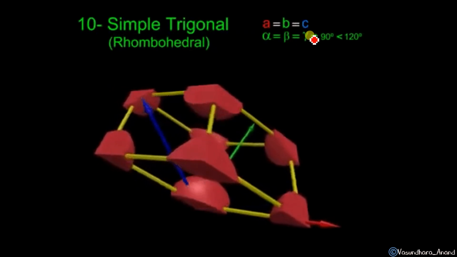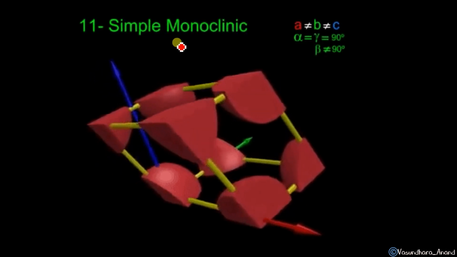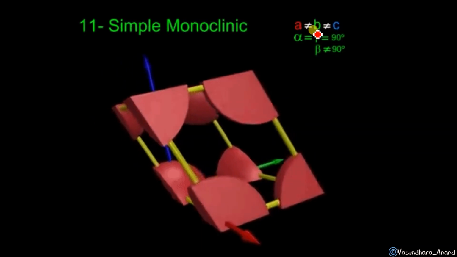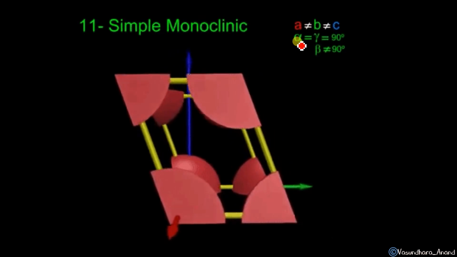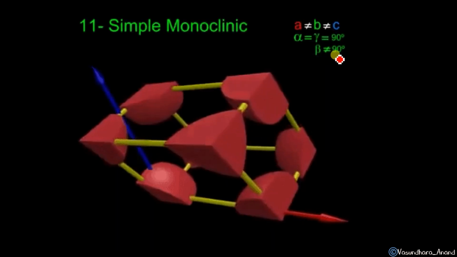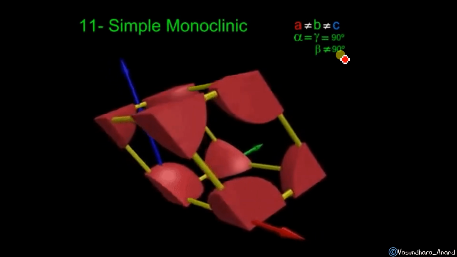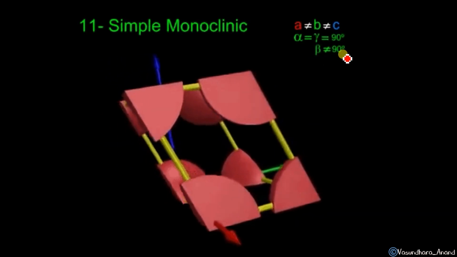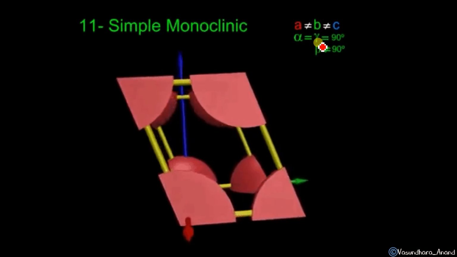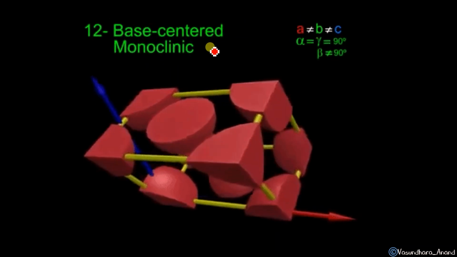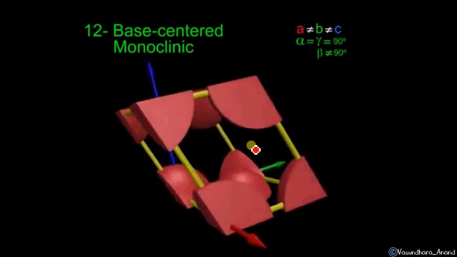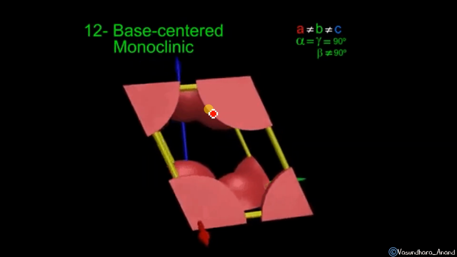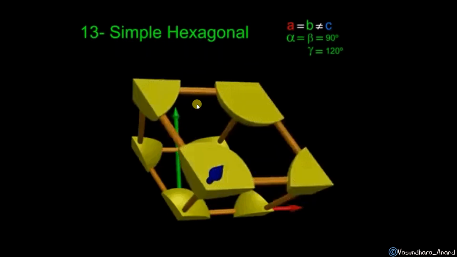Okay. Chalo. Now simple monoclinic. If I'm talking about monoclinic, में क्या होगा? A, B और C, all three are exactly different to each other. अल्फा एंड गामा यानी X Z और X Y के बीच का जो एंगल होगा that will be 90 degrees, but beta angle will not be 90 degrees. That means Y Z के बीच का जो एंगल होगा वो 90 degrees नहीं होगा. Got it here? Yes. Now the next is base centered monoclinic. वही monoclinic का same parameter. Now it is base, that means on upside and downside one particle will be there, one lattice will be there. I hope it is clear.